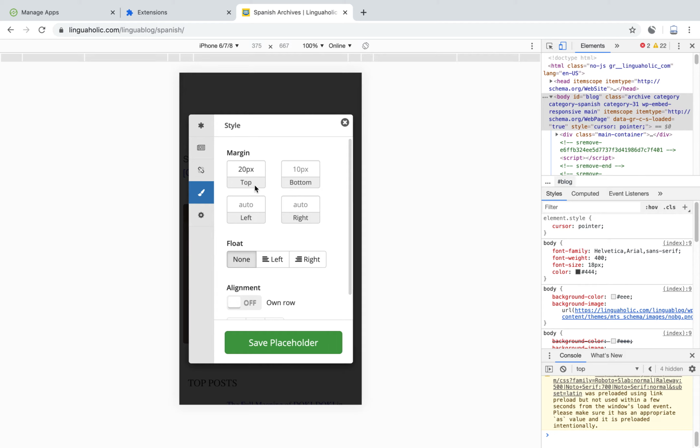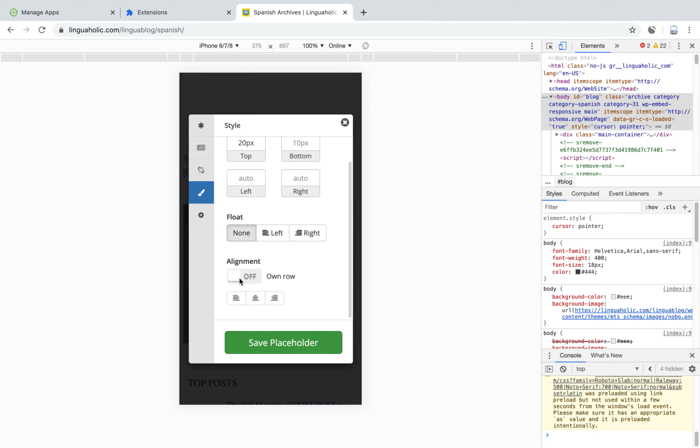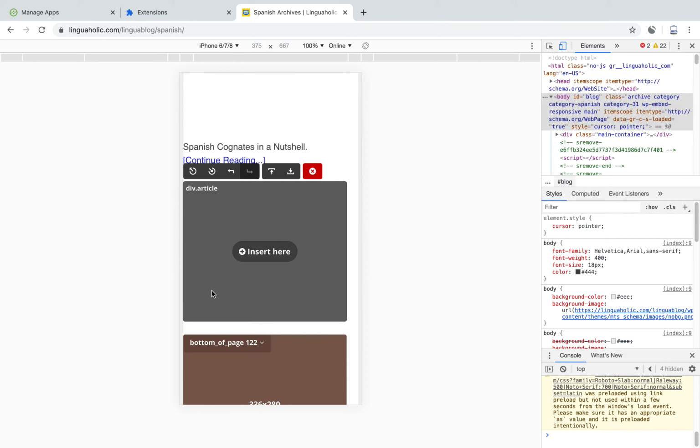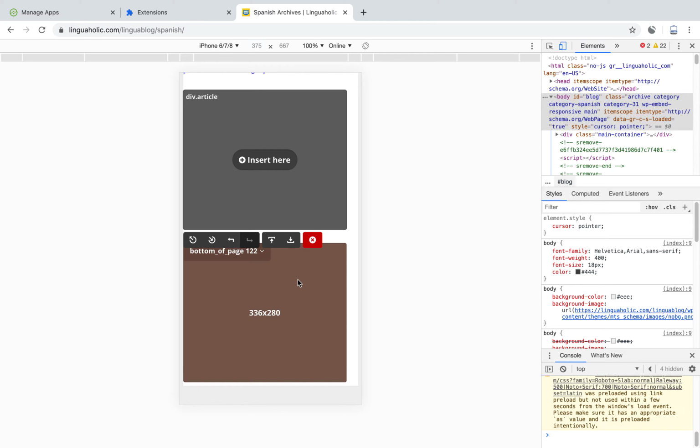because another thing you can do is what you should normally do on mobile device. You should just choose alignment and then centered. So what this will do is it will just make sure that this ad here will show in the middle of the screen instead of left aligned or right aligned. In some cases, this can